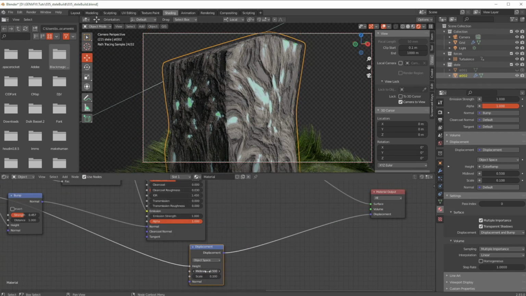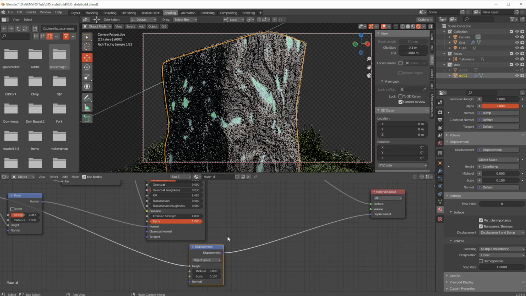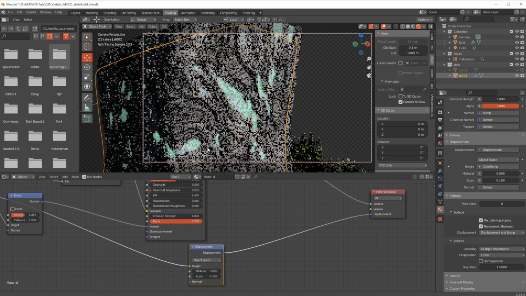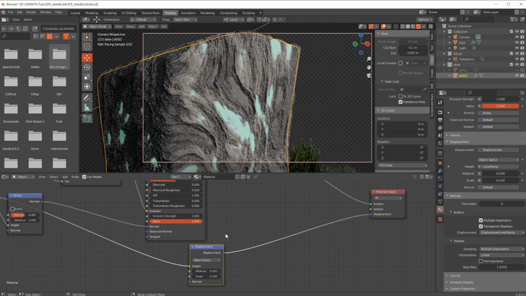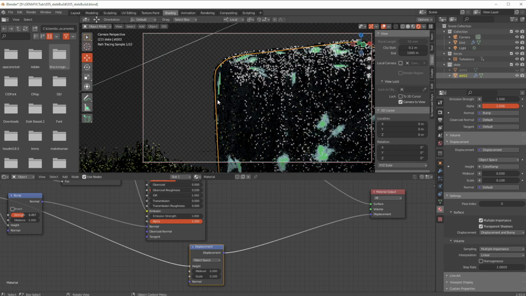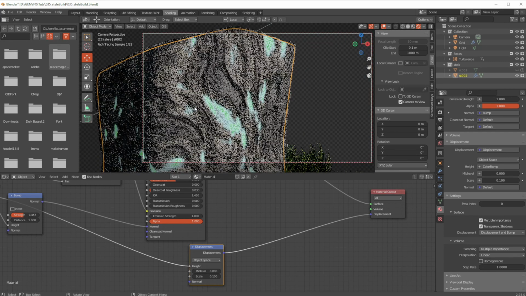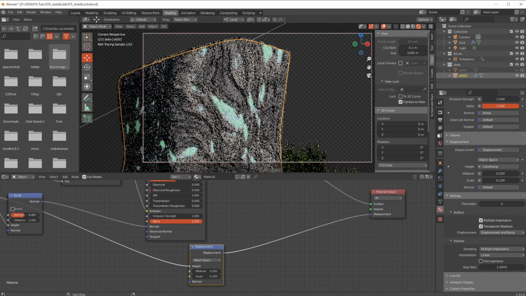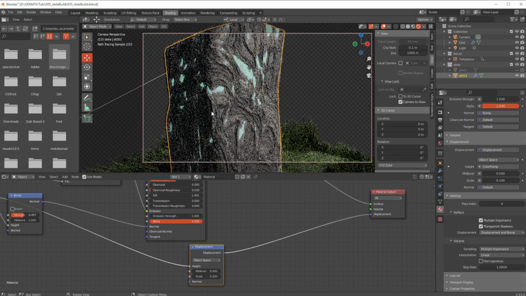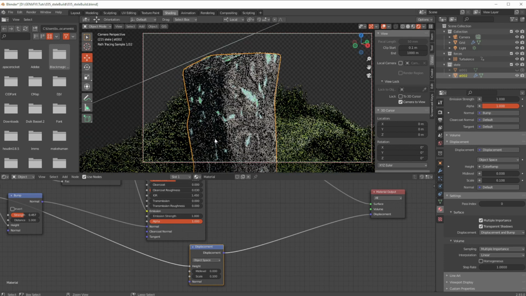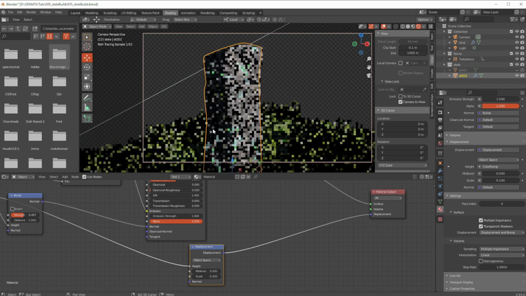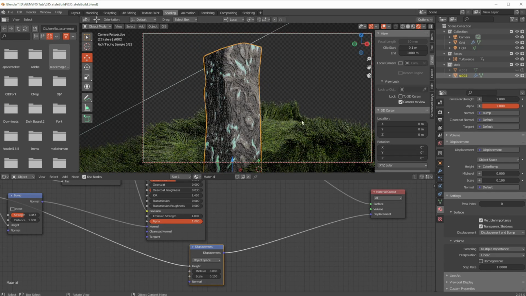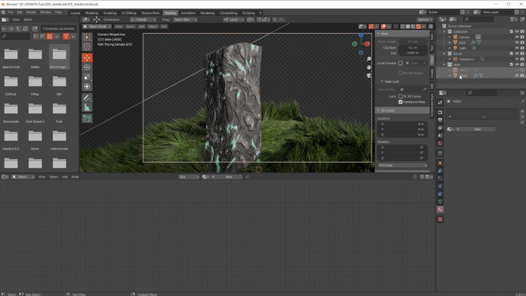If I put that to 0, the scale value has shifted our stele away in displacement using exactly the same information as the bump. And that is exactly what we wanted to do. So what we have now is some ethereal glowing stone. And if I go to stele 1,